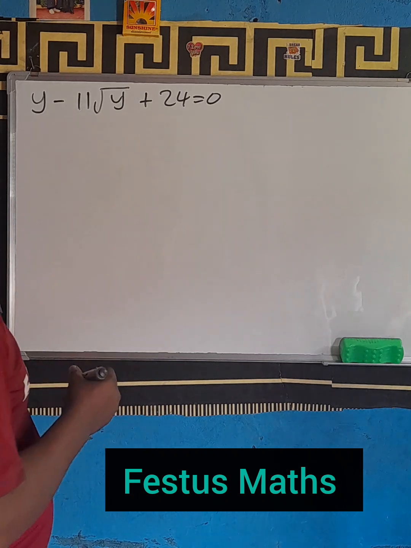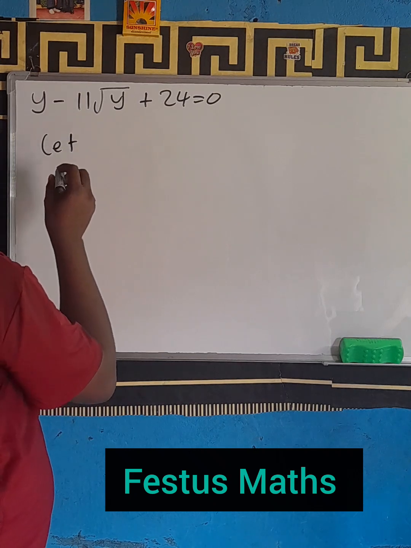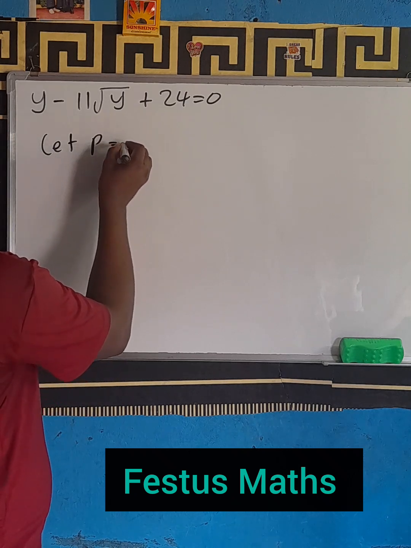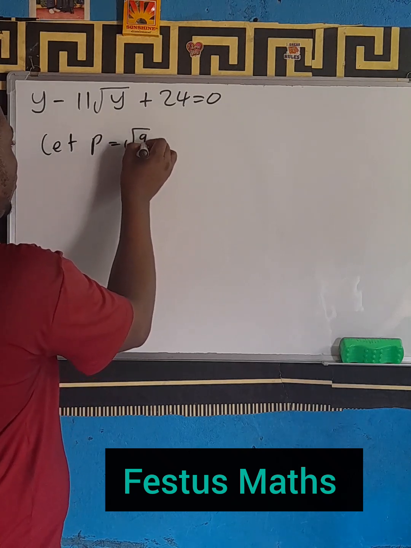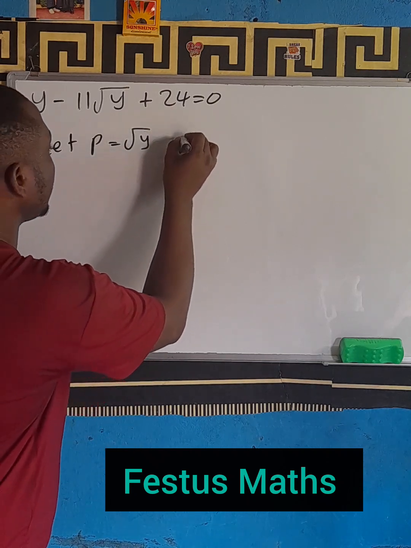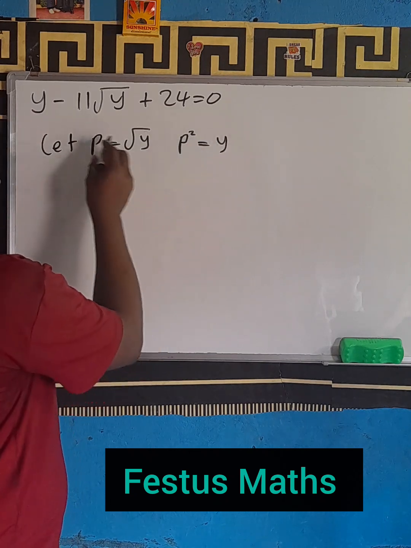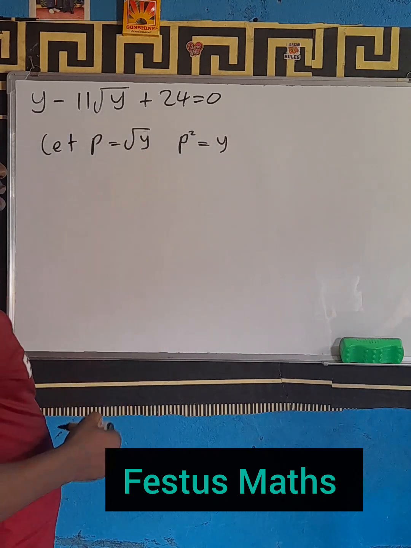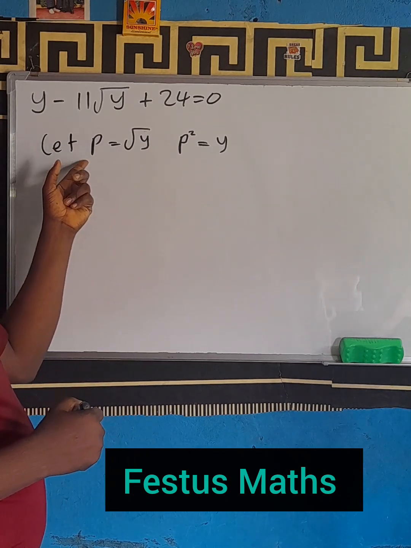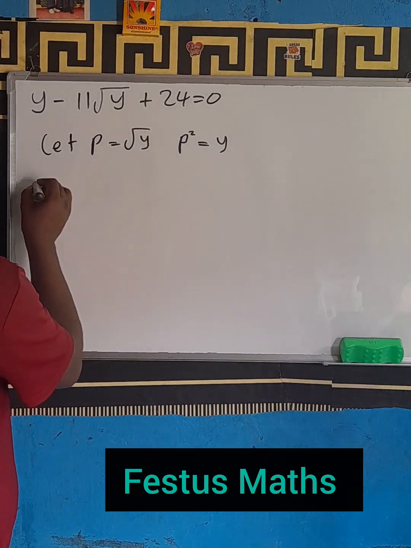So let's go on. At the first stage, I will say let P, I decide to use P. Let P be equal to root Y. And I can also say that P squared should be equal to Y, by taking the square of both sides. So now anywhere I see root Y, I will put P, and anywhere I see Y, I will put P squared. So by so doing, I will have